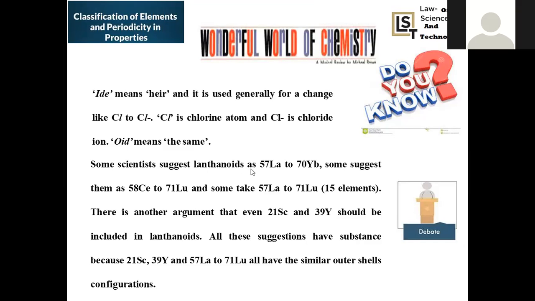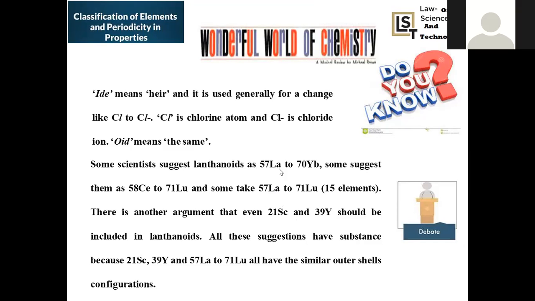Some scientists suggested lanthanides to be incorporated along with the main periodic table without subsiding them. And some are contradicting those statements. Another argument is also there: scandium to yttrium should be included in the lanthanides. These are the elements having resemblance with the lanthanide elements. These are some of the argumental, controversial statements, which are provided in order to modify further, because they are doing exploration research upon these elements.